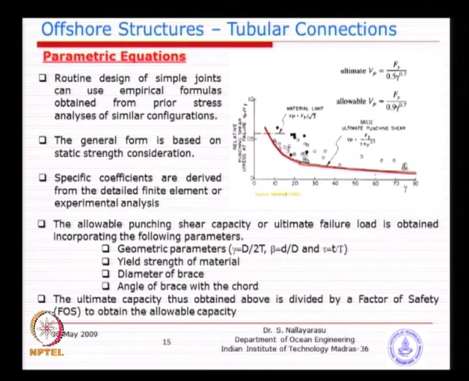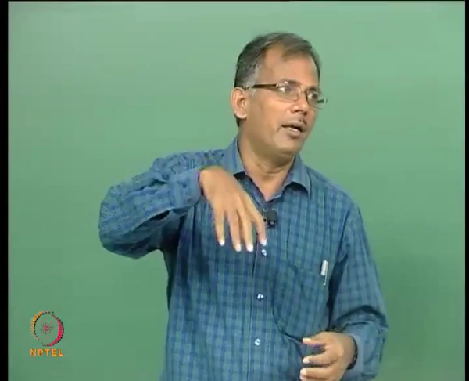Typically back in the early 80s and 90s, much research was carried out on this type of joint by doing experimental tests. So you fabricate a T joint and go to the testing machine. I think most of you might have seen the universal testing machine. You can put it there, apply load, keep increasing in increments, and just find out the load at which the junction has failed, either by collapse or by pull out.